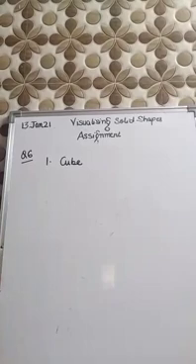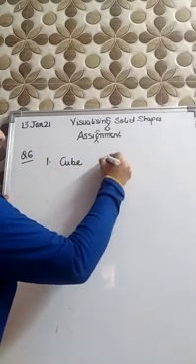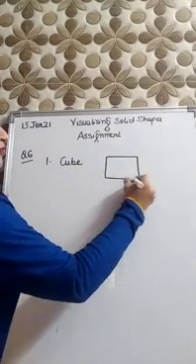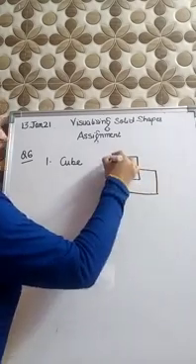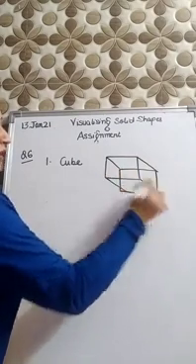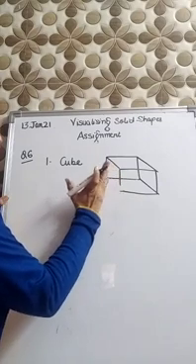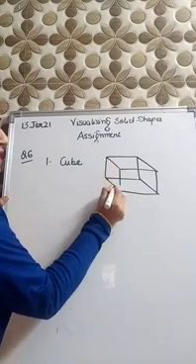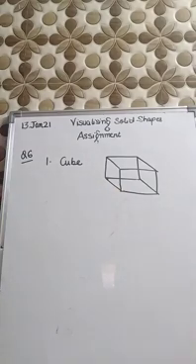In the next question, beta, you have to write down the number of edges of each of the following. So the first part is your cube. In case of cube, you will draw the cube first. Then you will count the number of edges, and if you just want to directly write the number of edges, you can. It's not compulsory to draw the cube, but I'm just drawing it for your practice, because in the exam the question can come like this: draw the cube and write the number of edges.